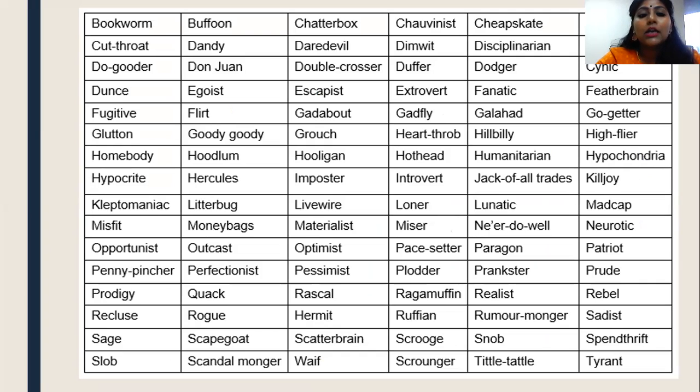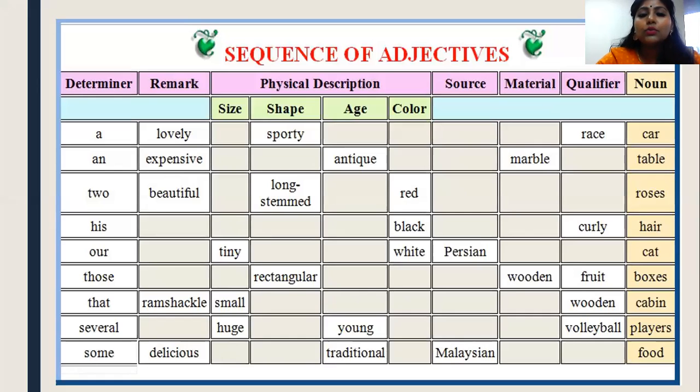And these are examples of words which can be used to describe a person's qualities. For example, if you would like to describe the character or whoever that you would like to describe in your essay, maybe you want to focus on their personality or their behavior, then these words can be very helpful. And when students use the rule of three, that means when you are describing a subject, and if you want to add more than one adjective in front of